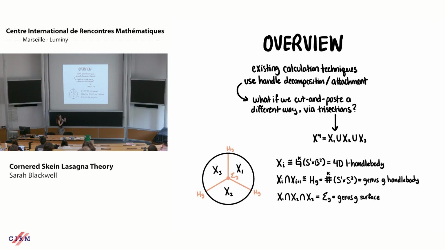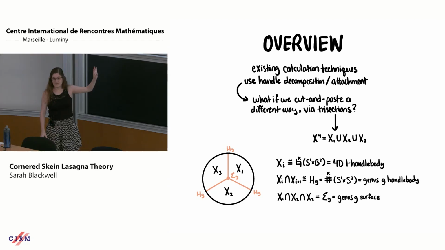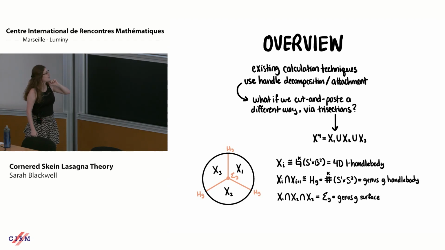So all I wanted to say is that this diagram here, we use this a lot as a schematic just to visualize what the intersections are. But something important to point out that is going to be very important for the rest of this talk is that this is really a schematic, because what I'm describing here is a 4-manifold without boundary. And my picture looks like it has boundary. It has this circle on the outside, but that's not actually representing a boundary of the 4-manifold. And this is going to be important later because I'm going to be talking about these pieces.